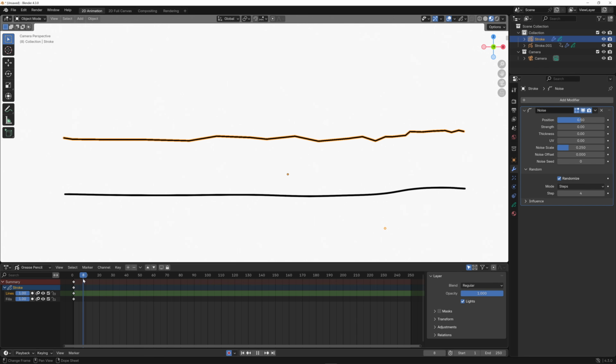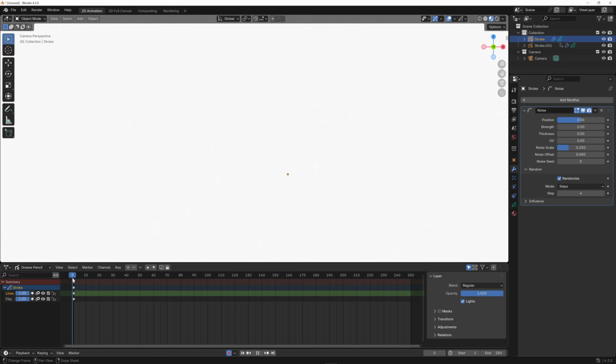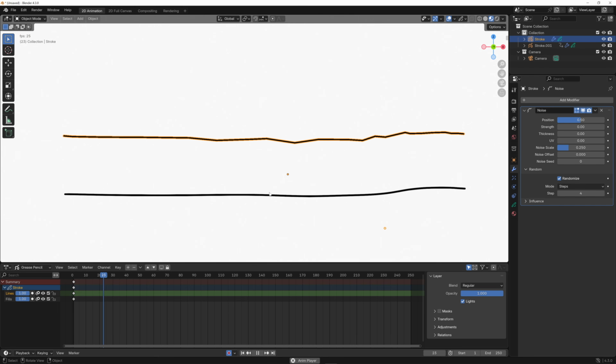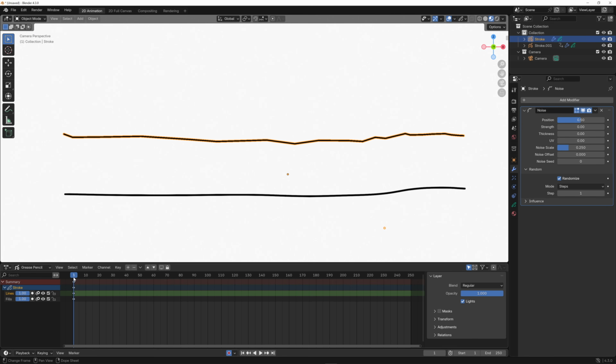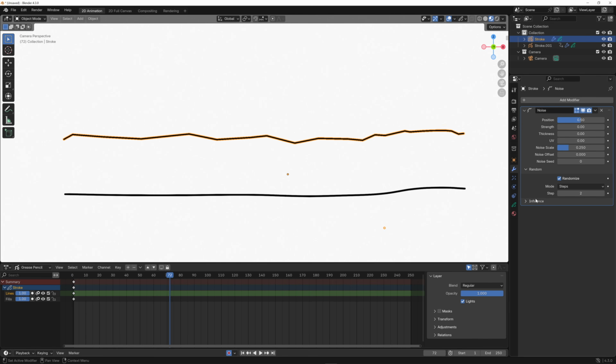It doesn't look great because the line has such a low resolution. Now you see it's kind of slow now. If I want to increase the speed of that, I can change the steps to 1, because the steps is how many frames it changes. So now you can see it's really moving. And then I'm not going to address influence right now. So you can see currently we have position at 0.5, noise scale to 2.5, and we haven't changed anything else. I'll change this step back to 4.